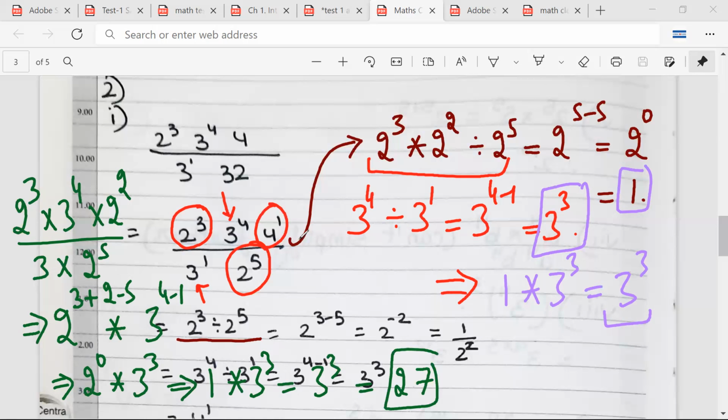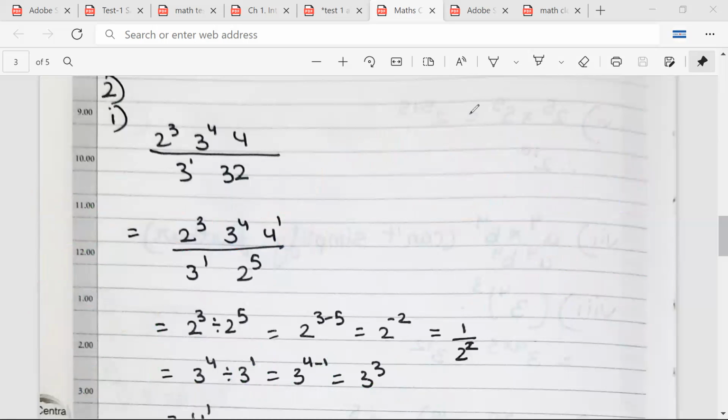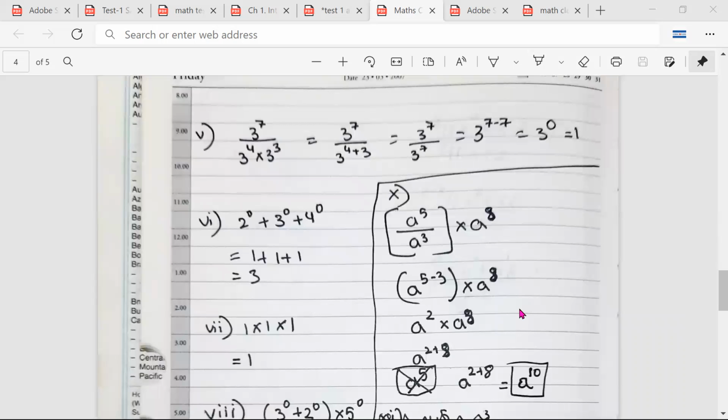So here I have followed Sanvi's method, in which I have dealt with 2 and 3 separately. Whatever answer I have got, I have then combined, and this is the final answer. Another method is that in a single step, you deal with 2 and 3 in the same line. Sanvi ji, any doubt? No, no, sir. Aishwarya ji, any doubt? No, no, sir. Mr. Rudra, doubt? Okay.